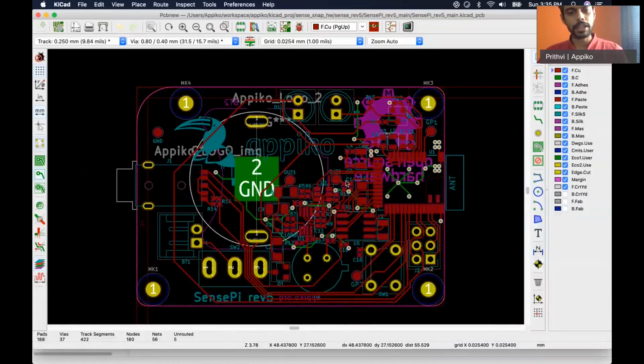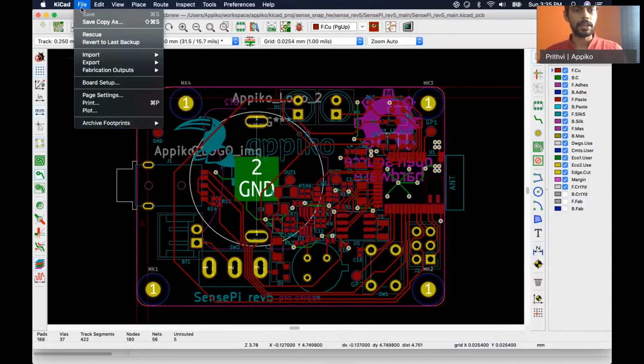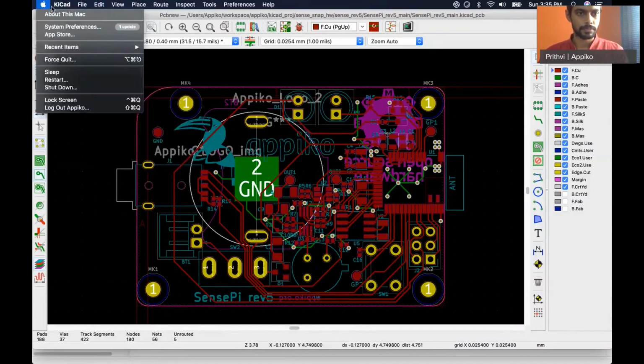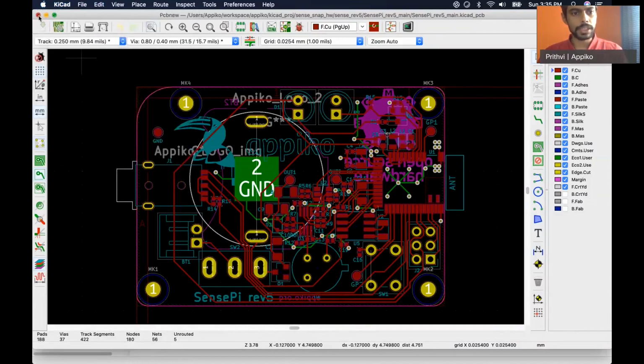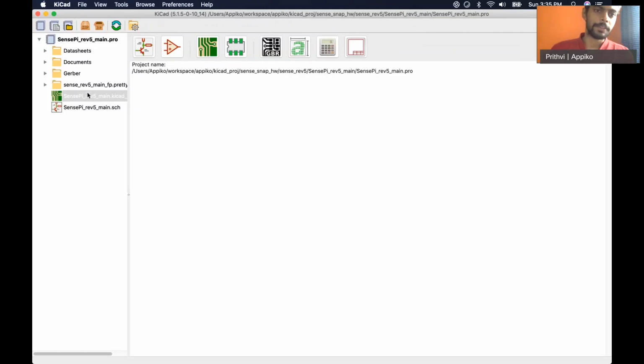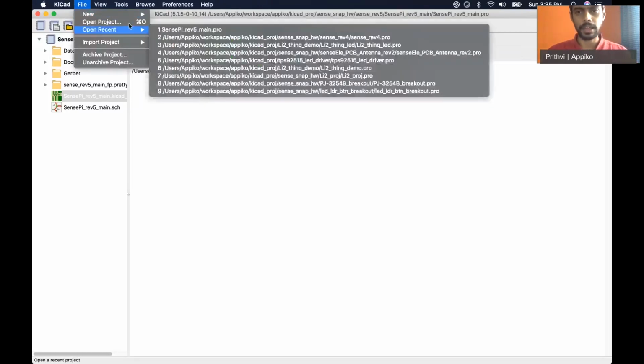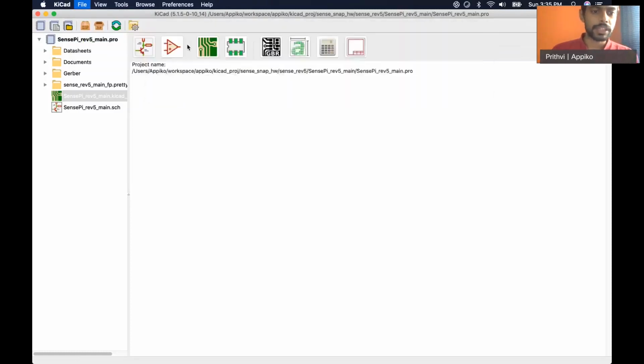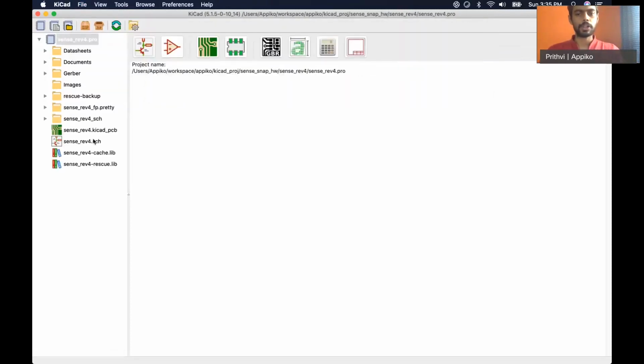So finally, let's look at some differences from the first version of SensePy to this version. One of the things that we saw is that in the first version, there is an LED which we use in reverse bias to also check for the light intensity.